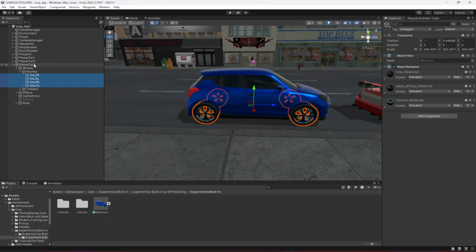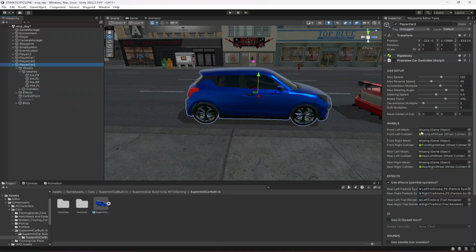Then select player car 3. It needs the meshes. So the first one is front left. So I'm gonna select the front left, which is this one. Then front right. Then rear left. And then rear right. When you add that,